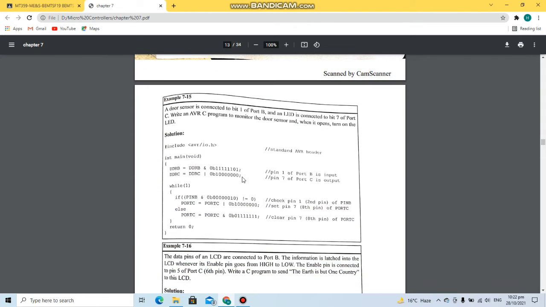In example 15, a door sensor is connected to bit 1 of port B and an LED is connected to bit 7 of port C. And we are going to monitor the door sensor, and when it opens, turn on the LED. First of all, we have set DDRB AND 0b11111101. So again, we know if anything is ANDed with 1, there's no change, and anything ANDed with 0 will be changed to 0, which means that only the second bit of port B is declared as input,